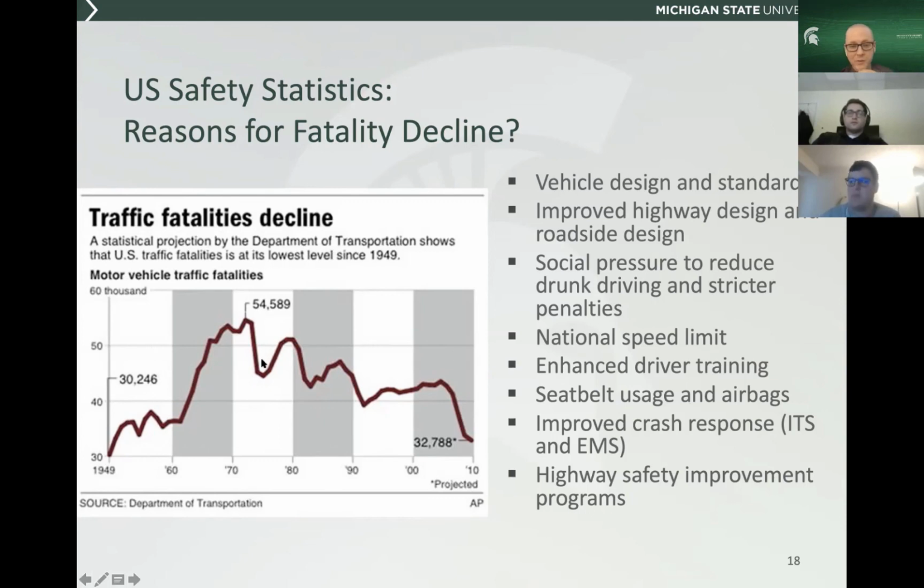Some of these other changes: coinciding with the oil embargo, we saw the national maximum speed limit was introduced in the 1970s. That basically started to go away in 1987 and was fully repealed in 1995. Since that point, a lot of speed limits have started to go up. And so despite the fact vehicles are being designed to be safer than ever before, speed limits are higher. We've had some other issues that have emerged as well, distracted driving, things of that nature.